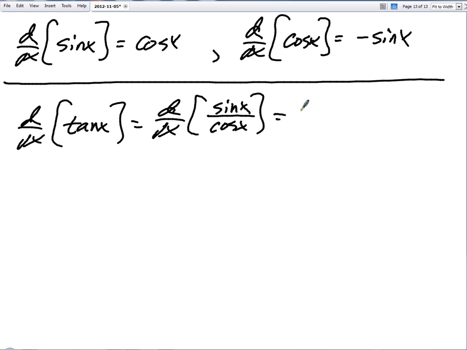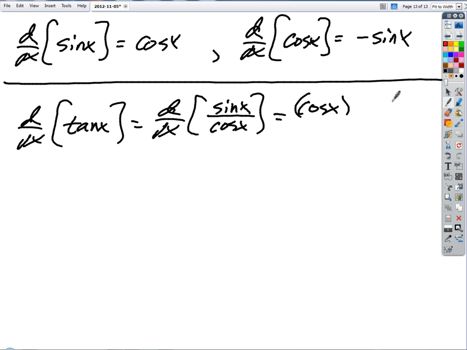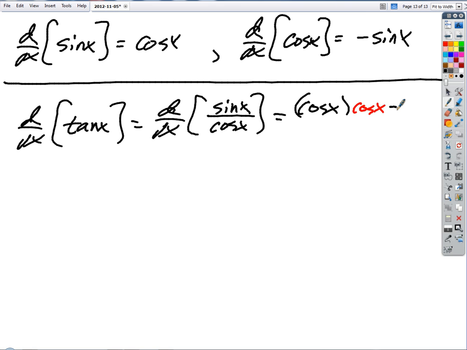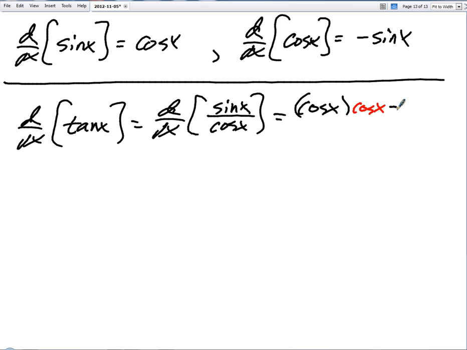Okay, good, bottom, so cosine times, derivative of sine is cosine, okay, minus sine times negative sine all over cosine squared. Right? Okay, so if I simplify that,